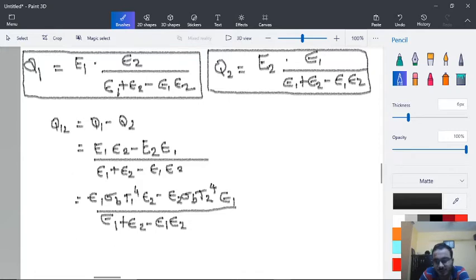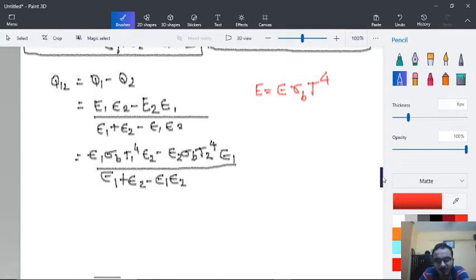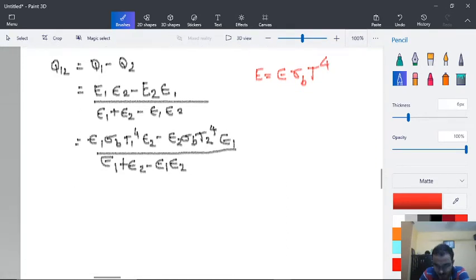If you don't remember, we have utilized this formula: E is equal to epsilon sigma b T raised to 4. Okay, so now getting back over here,